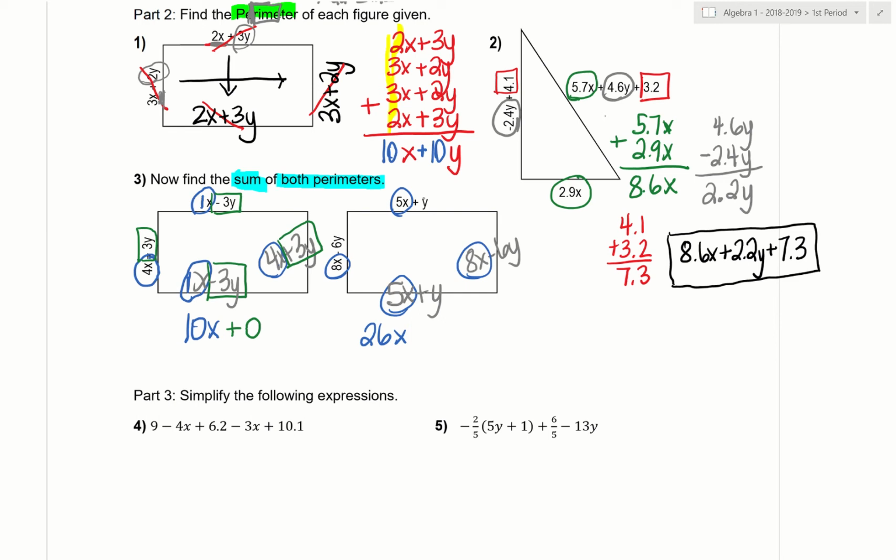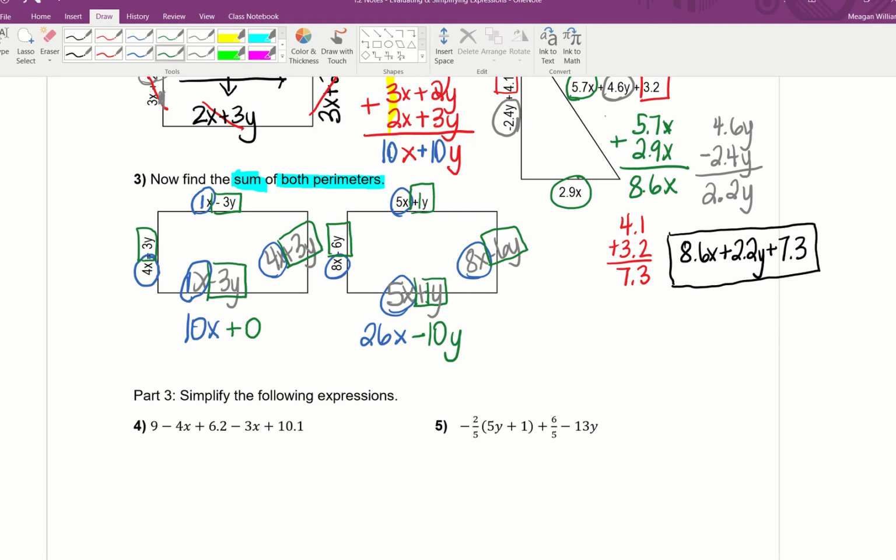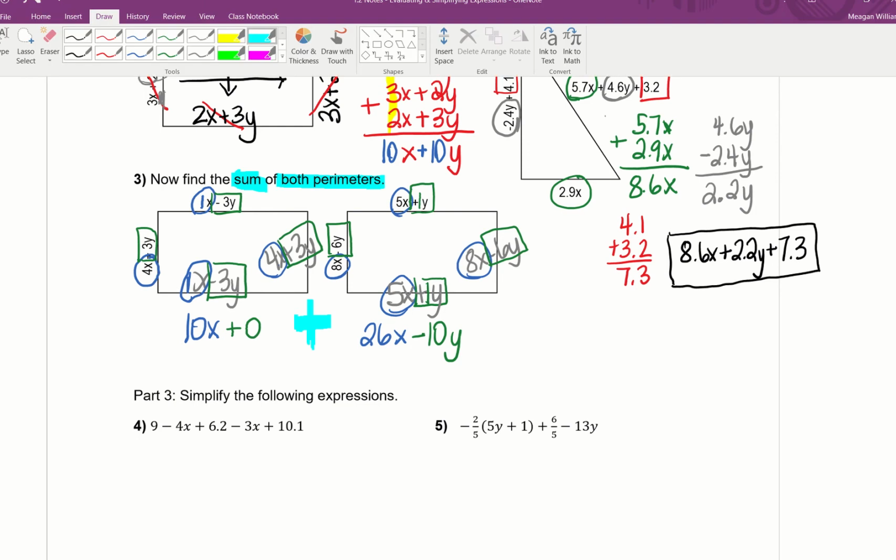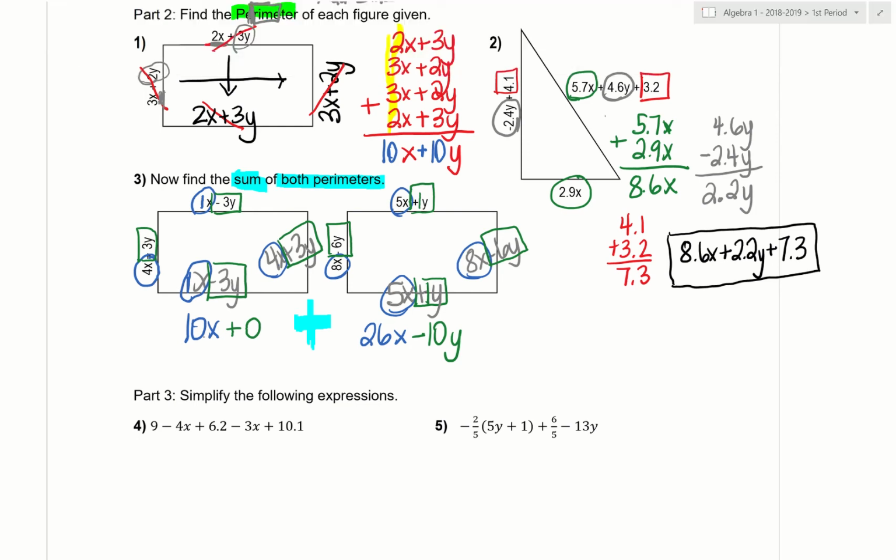Now on this next rectangle, I've got some y's standing by themselves. So there's 1, and I've got a negative 6 plus 1, a negative 6 plus another 1, which ends up being negative 10 y's. But I can't stop there because the original problem told me that I had to find the sum of both perimeters. So I would then add these two together to give me an ending total of